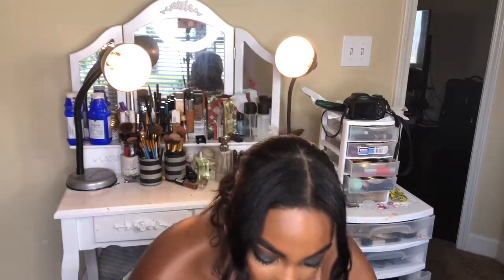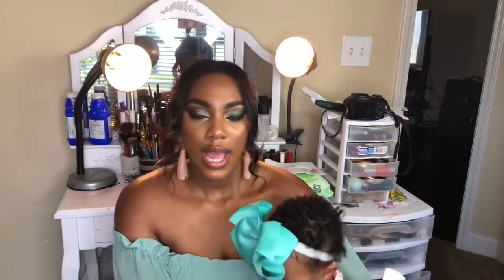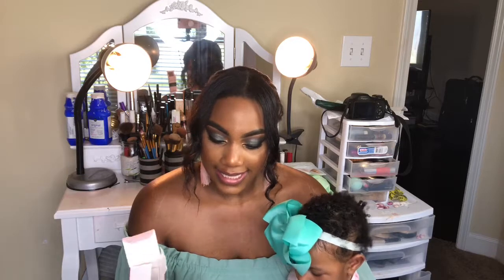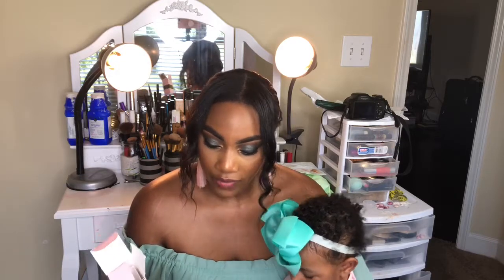I believe on the website it said that it was a deep dark golden undertone, but I'm not exactly sure, so I would have to look it up. But on the box it says that it's hydrating, long wearing, photo friendly,